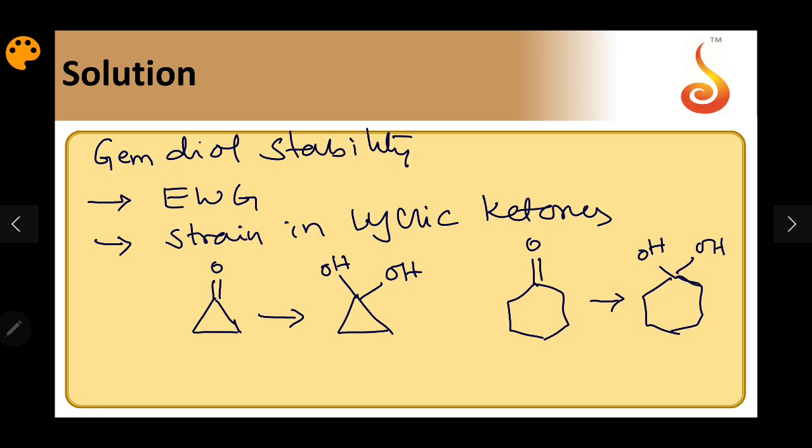So here what happens, because of the strain, the ketone has more strain than the gem diol. So this is stable. Here there is no strain, so the gem diol will convert into ketone easily. So this is more stable. In this case, the ketone is more stable. So these are the two factors affecting the stability of gem diol: presence of electron withdrawing groups, and strain in the cyclic ketones. So if I see the given options,